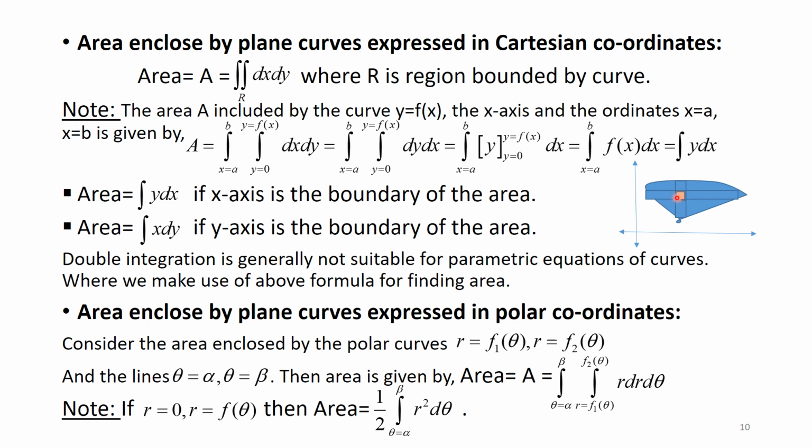Suppose the lengths are delta x and delta y. The area of this small block is del x into del y. Summing all these small blocks over the region gives our required area for the whole region, and that summation of del x del y is nothing but integration with respect to x and with respect to y. So this is our required formula for finding the area of the region R, given by the double integral over R of dx dy.